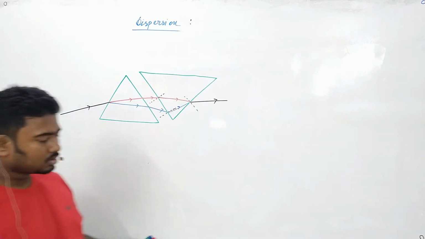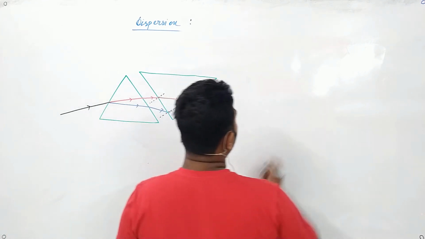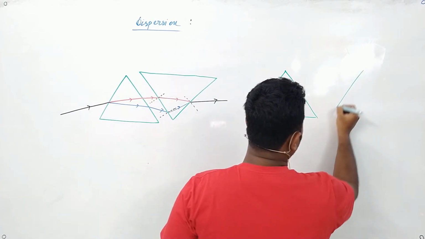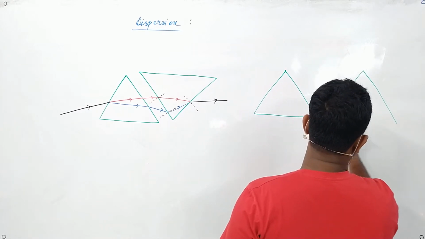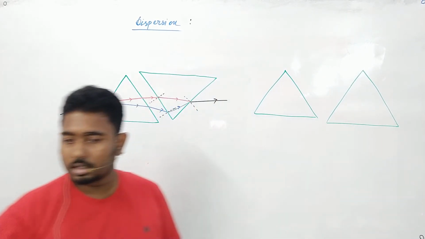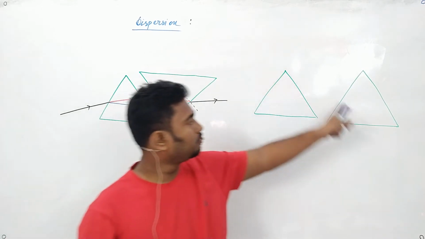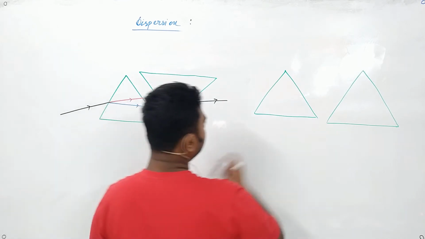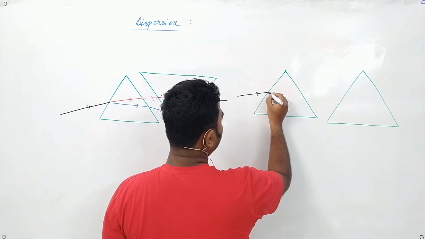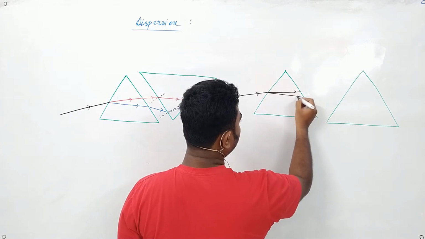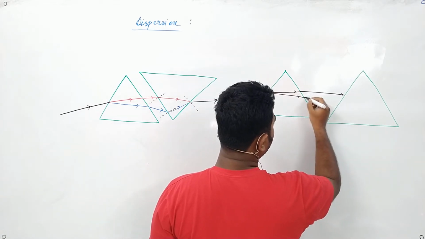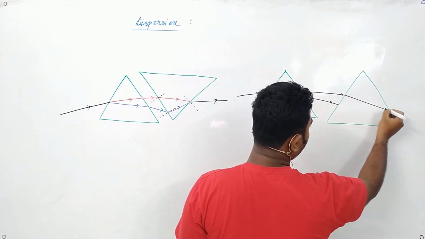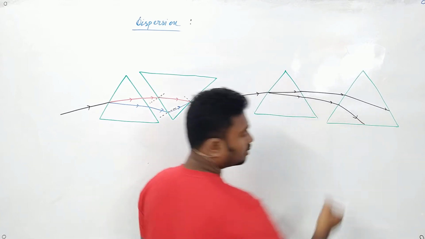Suppose think of it in this way, that you have a prism like this and you have a prism like this. Now these are not parallel. It does not have any side parallel to each other. Does it have? No. Now suppose a ray of light is coming like this, it will get split into two parts, it will again get split into two parts, right? What will happen in this case? It will get split into more, again two parts.